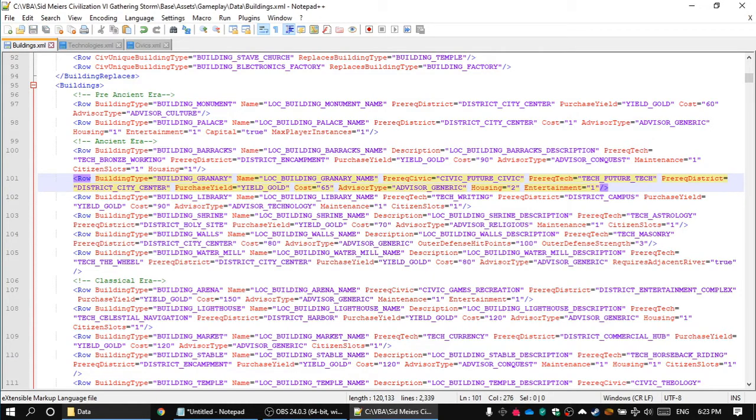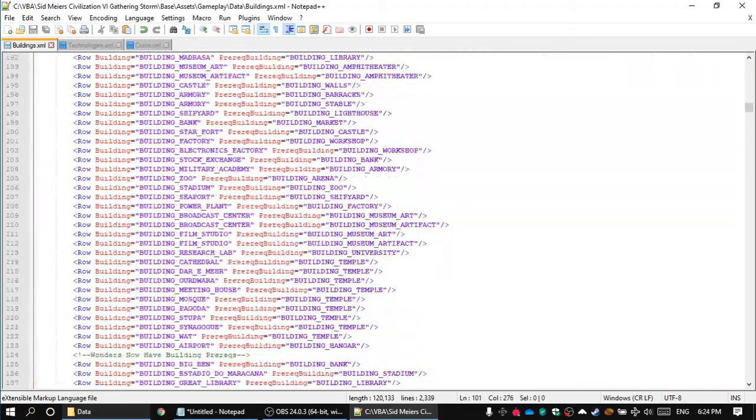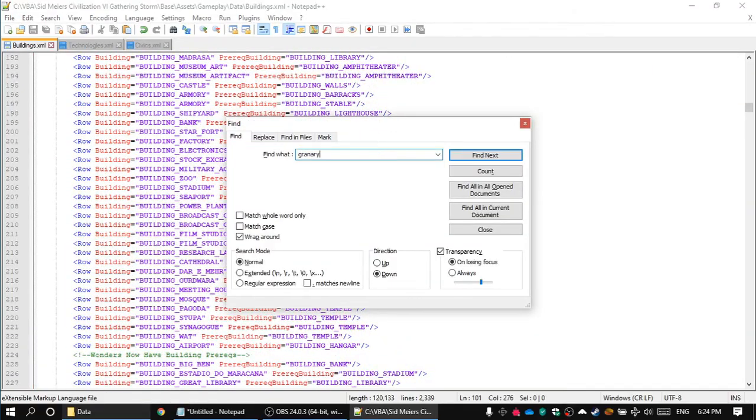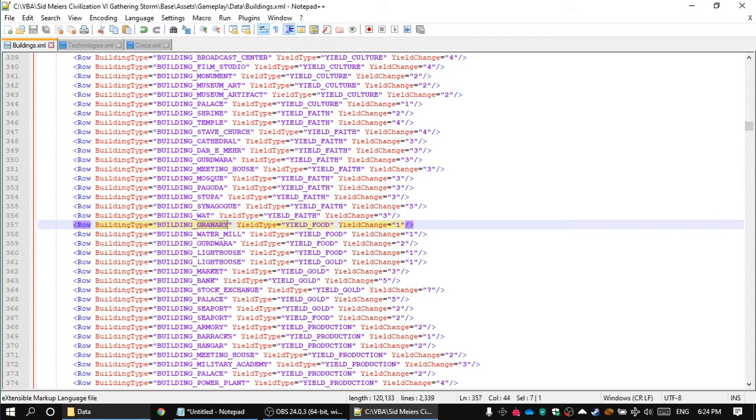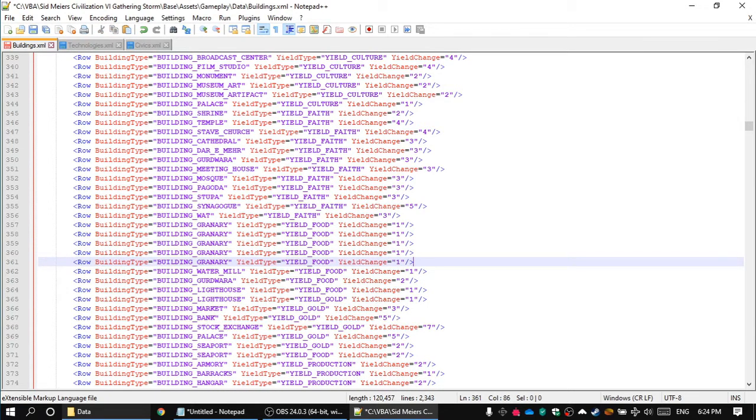But what we are really interested in is somewhere here, right? These are the yield types for the buildings. So as you can see, there are many yields: culture yields, faith, food, gold. These are basically what the building will give you. So what we can do is we can copy and paste this line like 4 times. So we have food, faith,